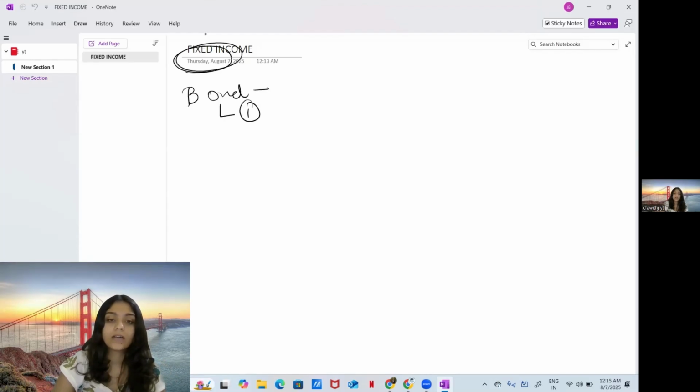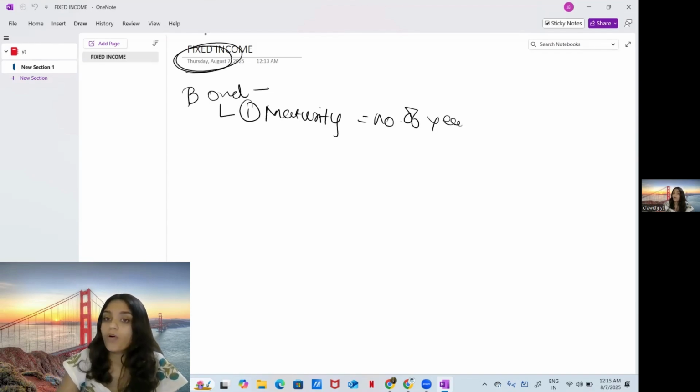First is the maturity. So, maturity is the number of years when the bond will mature. For example, I have issued a bond today and I say that it will mature after 5 years. So in 2030, the bond will mature. So the maturity is 5. What do you mean by maturity? At maturity, you get back your money that you have